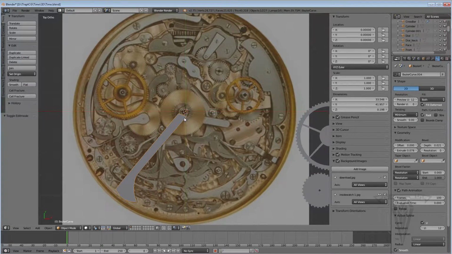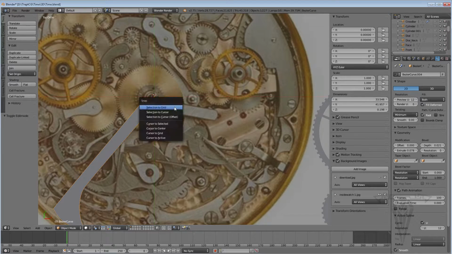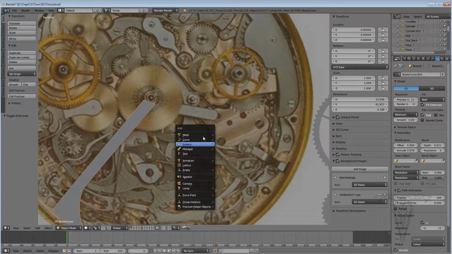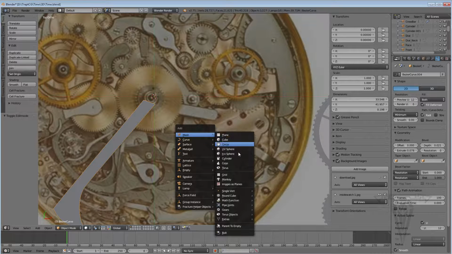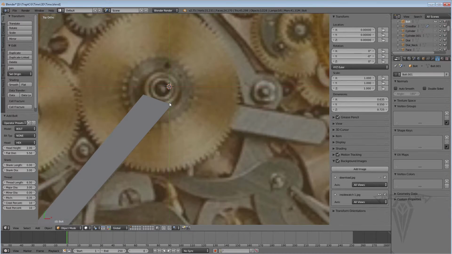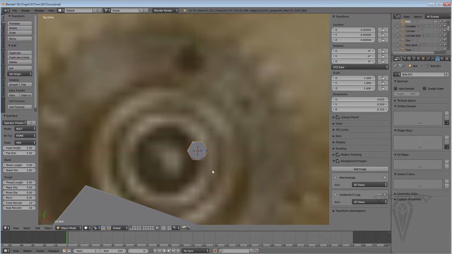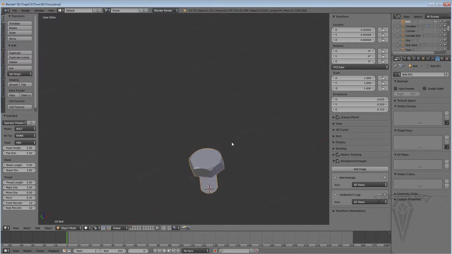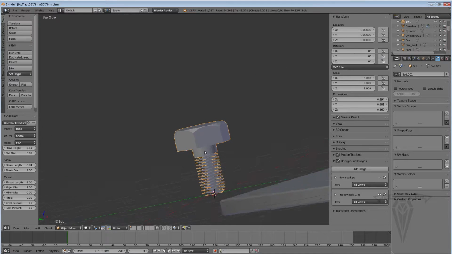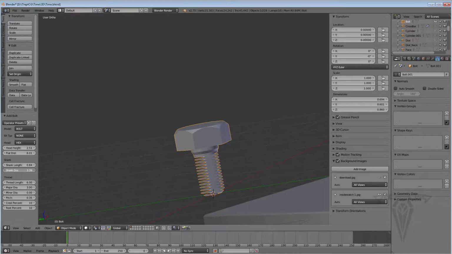So moving forward, let's look at the bolts. Shift A, and mesh, and bolt. Okay, so the bolt icon or windows over here. You can see it created this pretty cool bolt already. Rotate around it. I have full control over the head, how wide it is, this little extra neck piece, how wide that is,